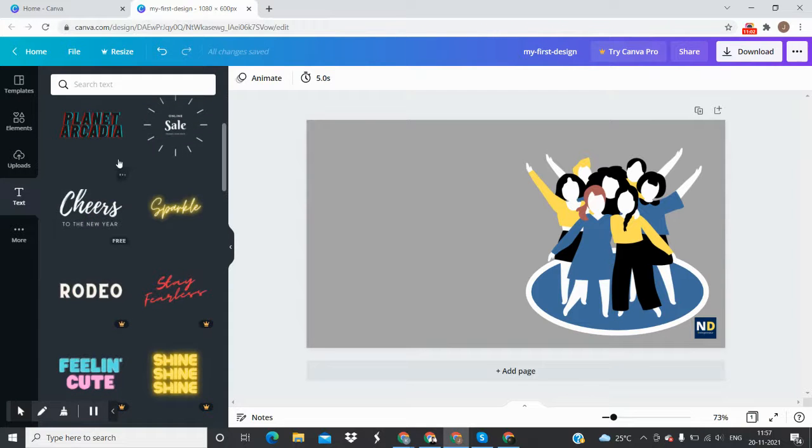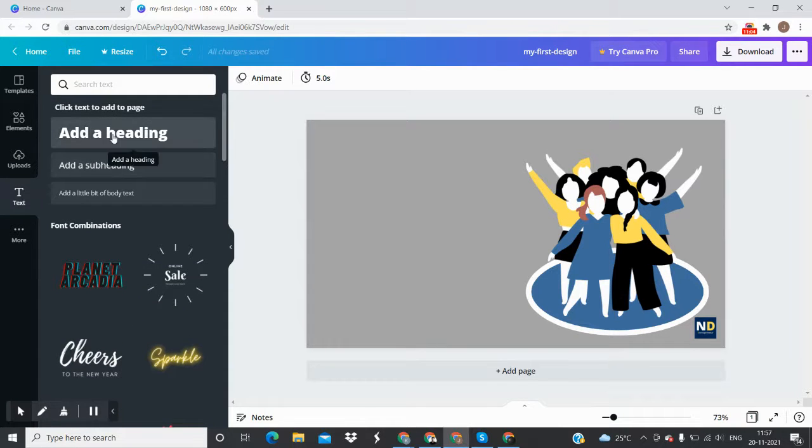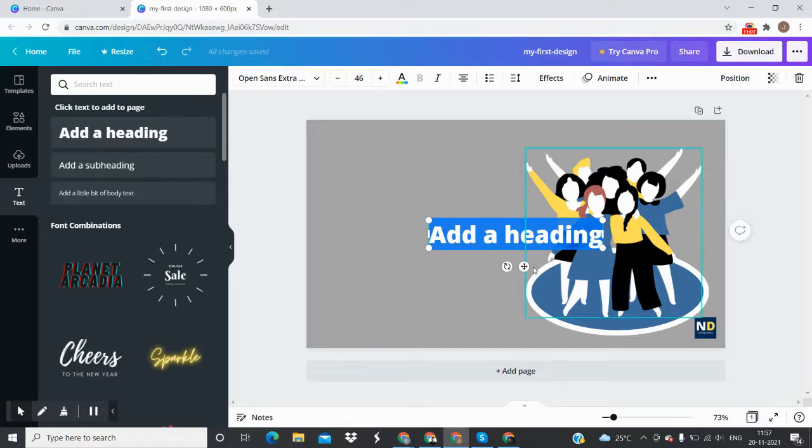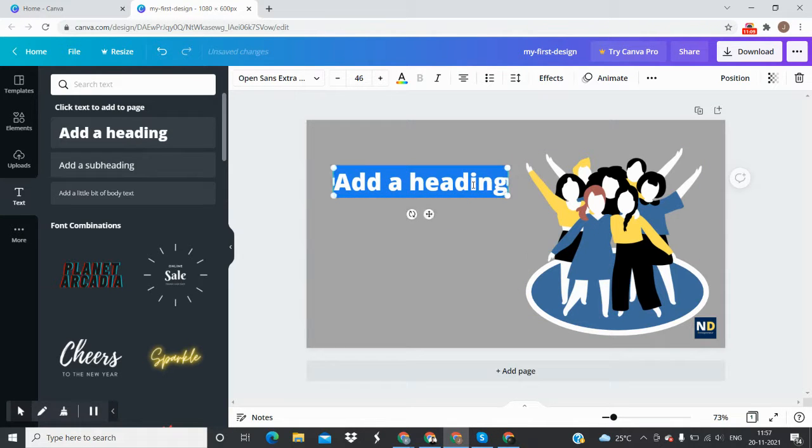The next thing is text. All right, so we have text here. You can add heading. So we want heading here, and we want to add, we can give a heading: team celebration, success celebration,